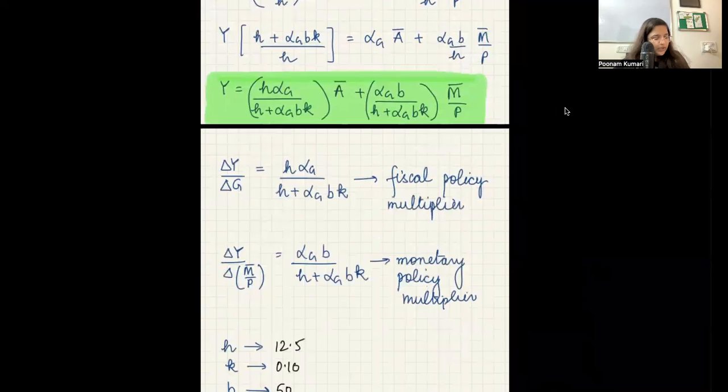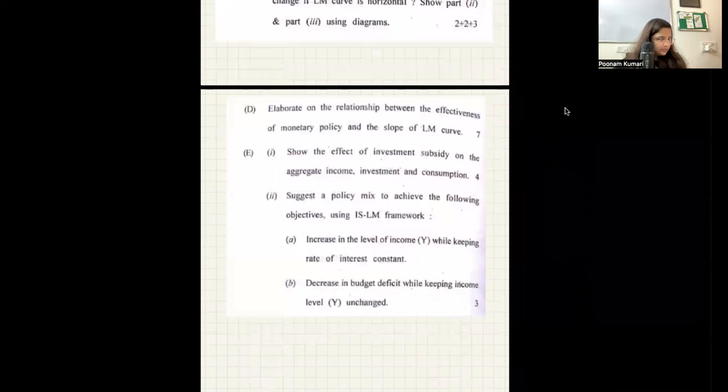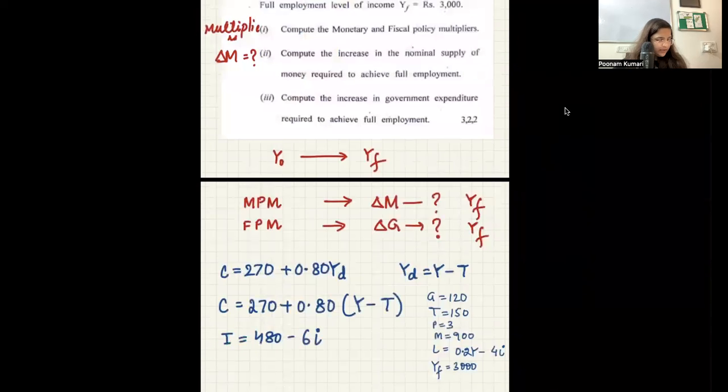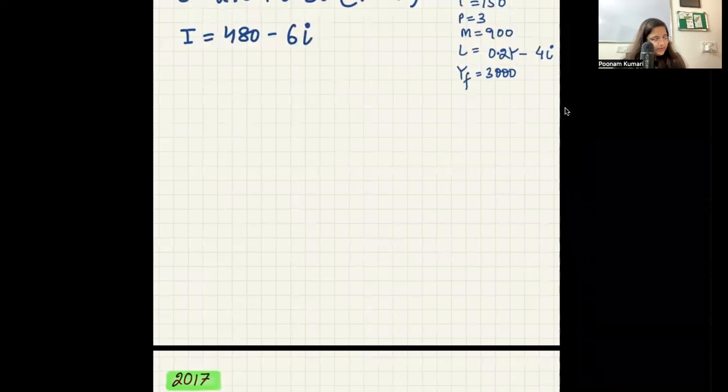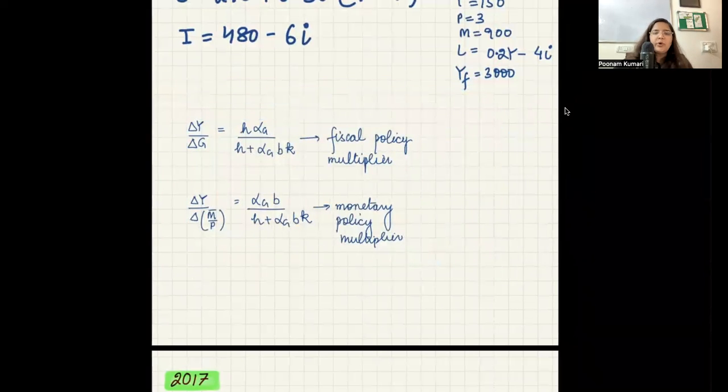So these are the two things which will be very important for us. So we'll just grab those two things here. I'll just copy them here, and we can directly put it here. Okay. So we have been asked what the fiscal policy and monetary policy multipliers are. So these are the expressions. ठीक है. And here what is the value of H?